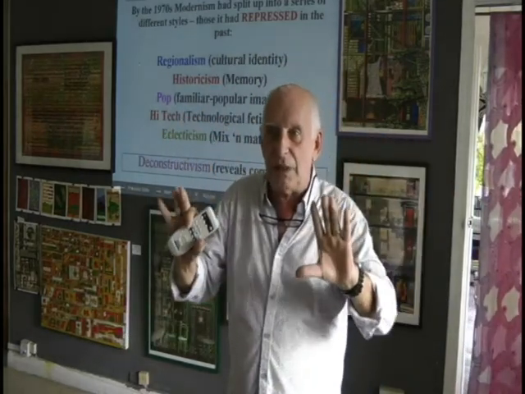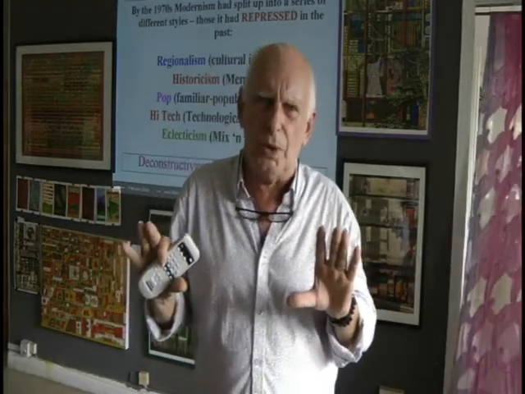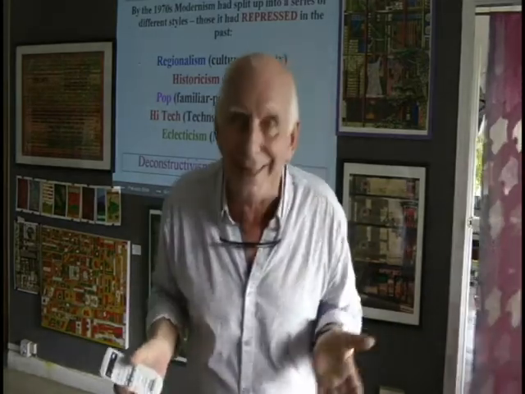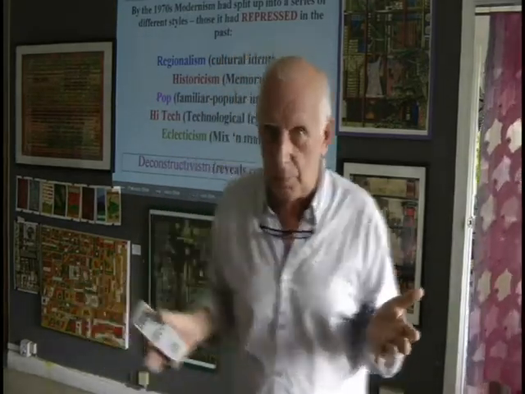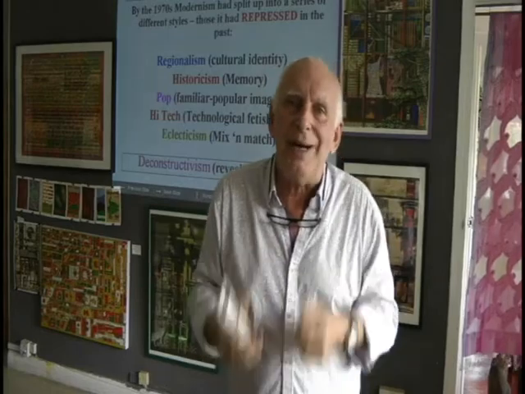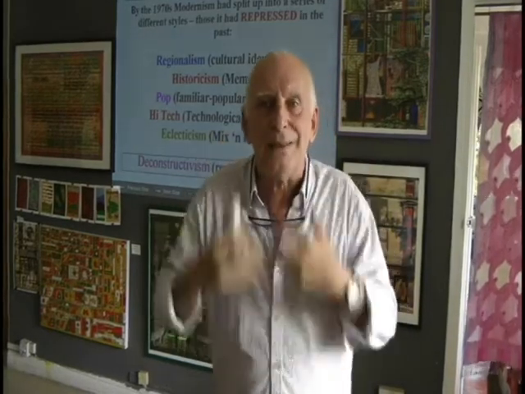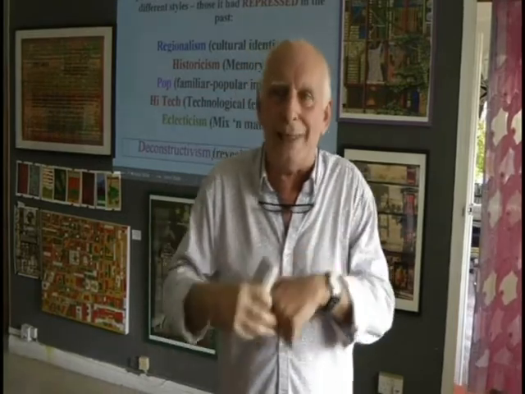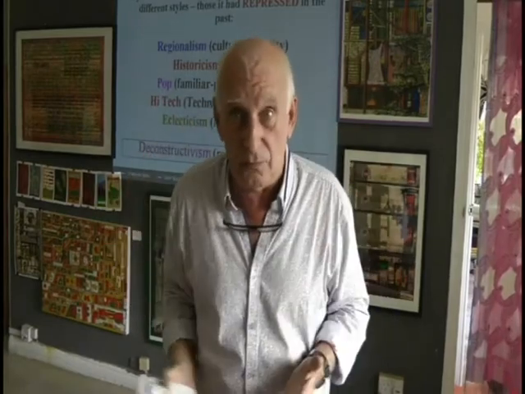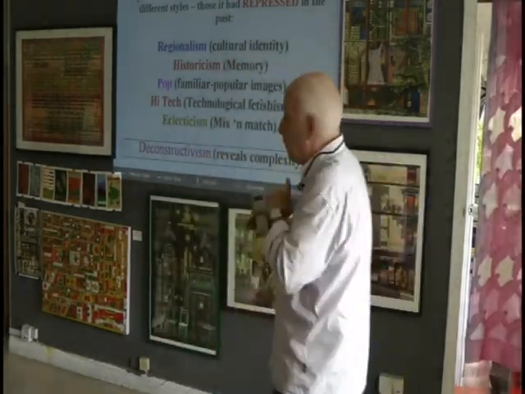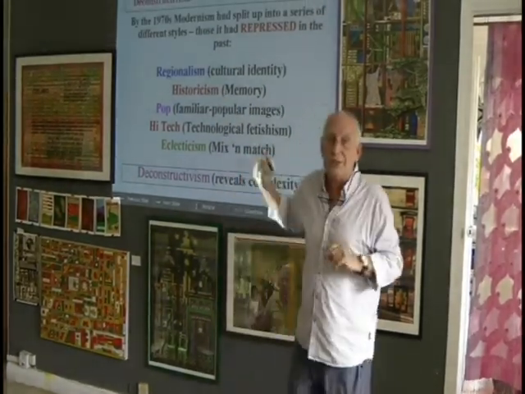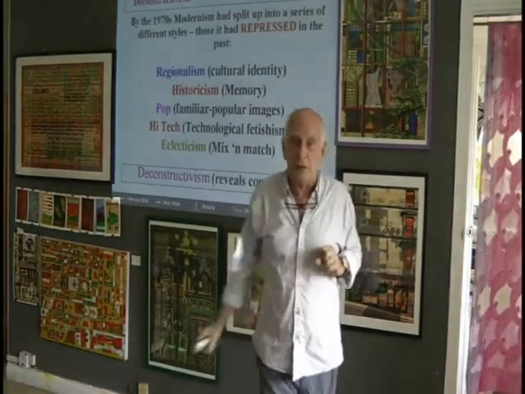But by the 1970s, modernism's hold had become a bit more tenuous. People were questioning its authenticity, its credibility, if you like to put it that way. So why? Well, they felt that modernism had wiped out certain humane or interesting or more authentic ways of representing the environment. And this is where we got to at this point. For instance, regionalism had been repressed in favour of modernism.